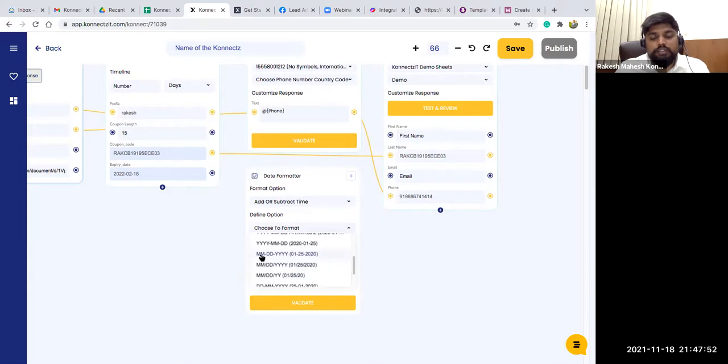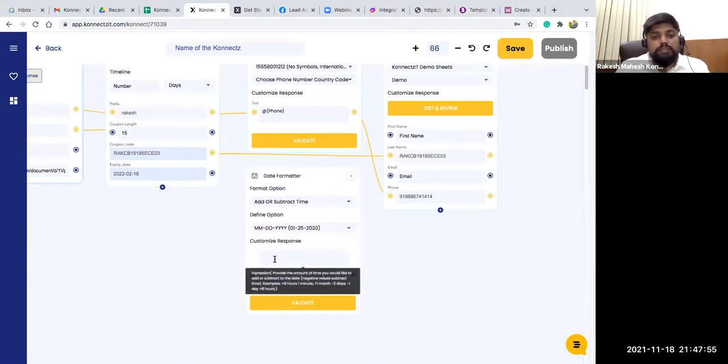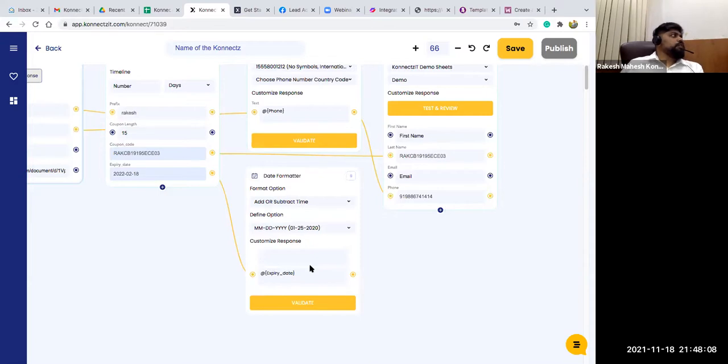So I'm going to redo the format. I choose that, and I'll be selecting the date, and add or subtract time. So what do we need to do, add plus 2. Okay, so I'm going to add to that particular date. So I just validate. So this is going to add plus 2 days. Okay, sorry, I just need to mention it as days. So this is going to add 2 days inside my date formatter. So I'm going to do that.